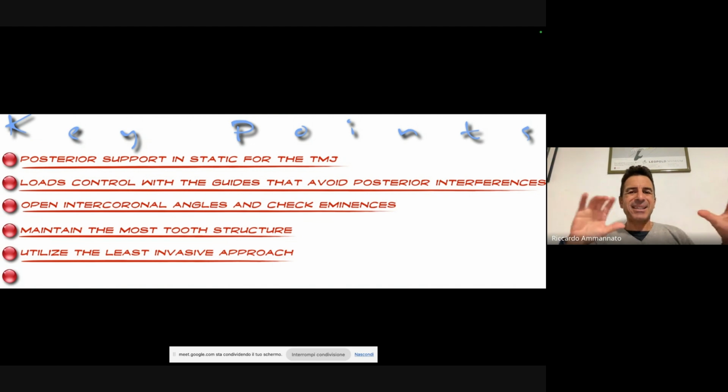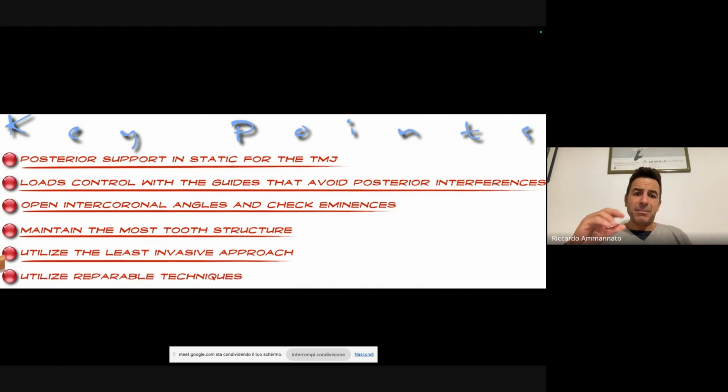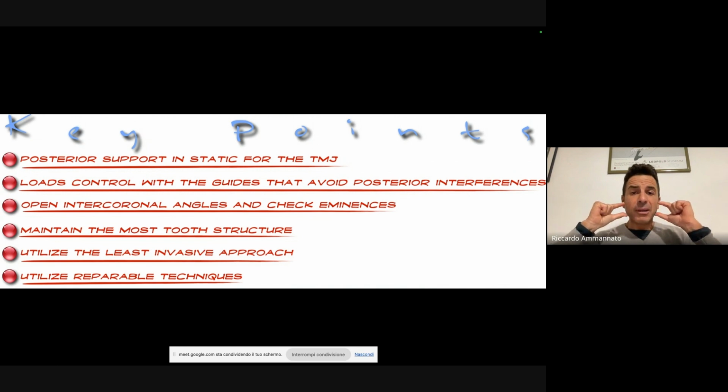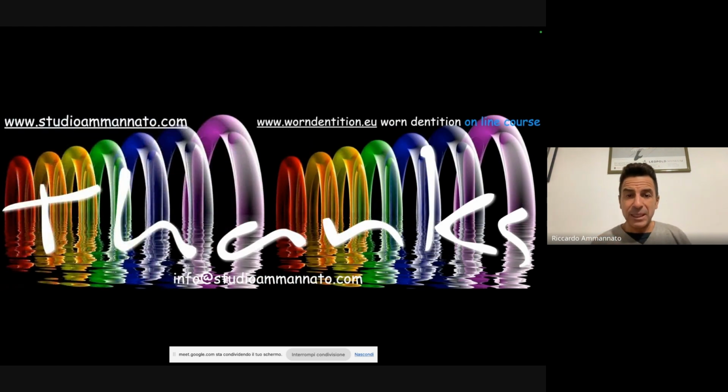And this hybrid approach is a good balance. It's a compromise, but it's a good balance in my way of thinking in managing this kind of cases from a sustainable perspective, because biologically, for sure, it is something that has good aesthetics. We have the four table legs that are supporting the occlusion. It's repairable over time. And one day, tomorrow, we can prep and do all indirect eventually. So it's also important to use a repairable technique. I think it's something that for me is a good service to deliver to the patient.